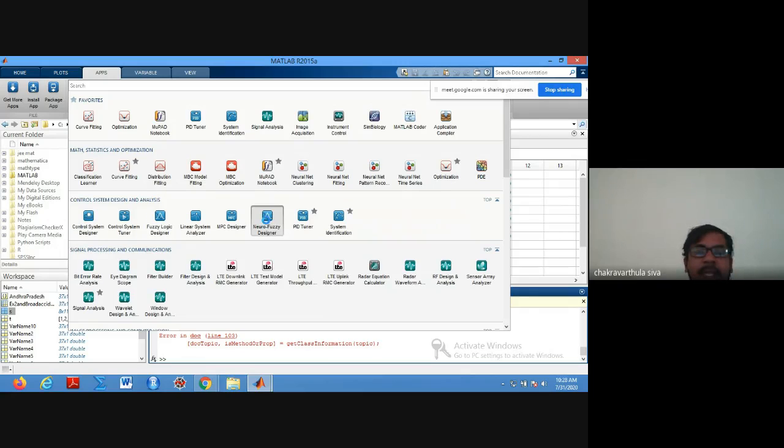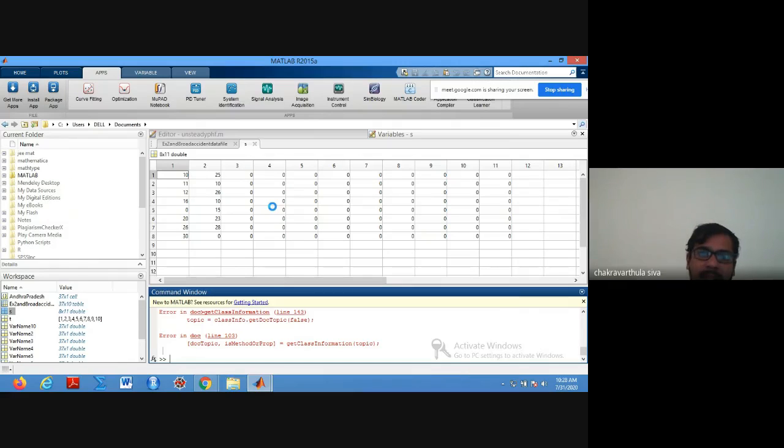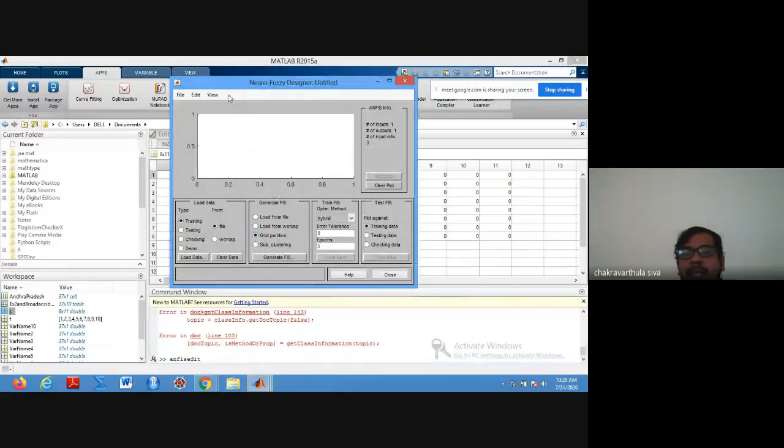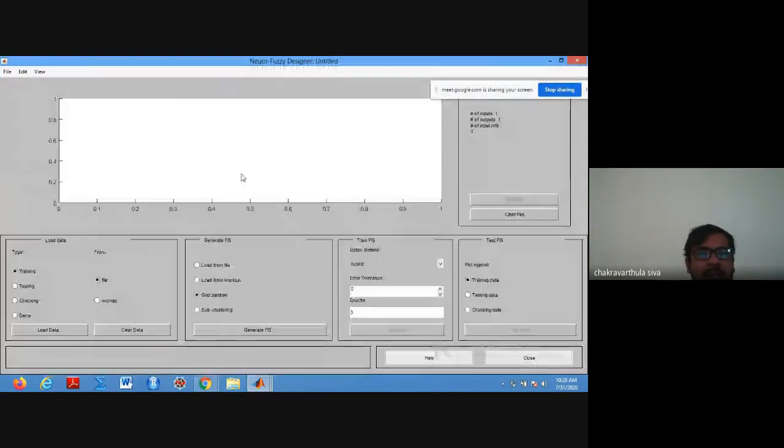So now just click on this. Another way of getting that app is to type ANFIS Edit in the command window and press enter, so that it opens in a new window, which is appearing here. Here we have the options training, testing, and checking.